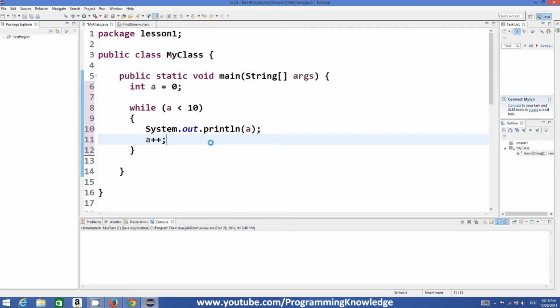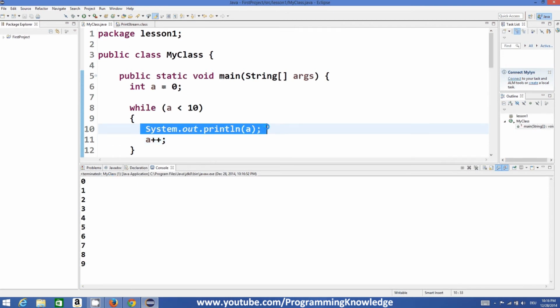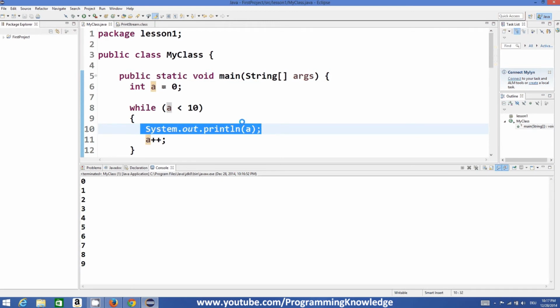Then I run the program here, and it did the same thing: execution of code again and again until this condition is met. Initially the value of a was 0, so it printed the value of a as 0 because 0 is less than 10.